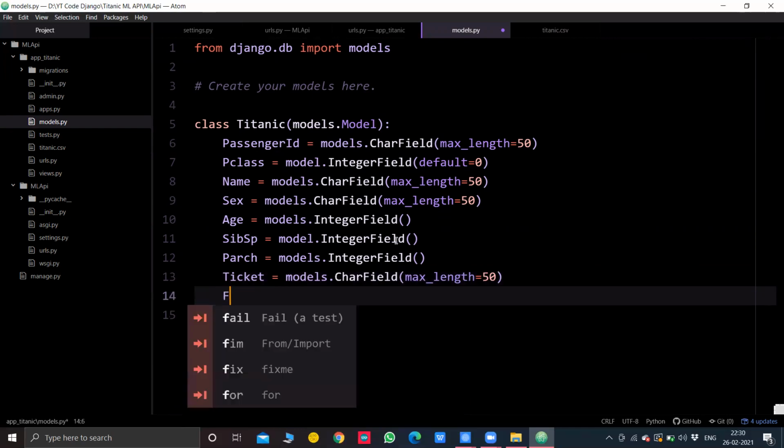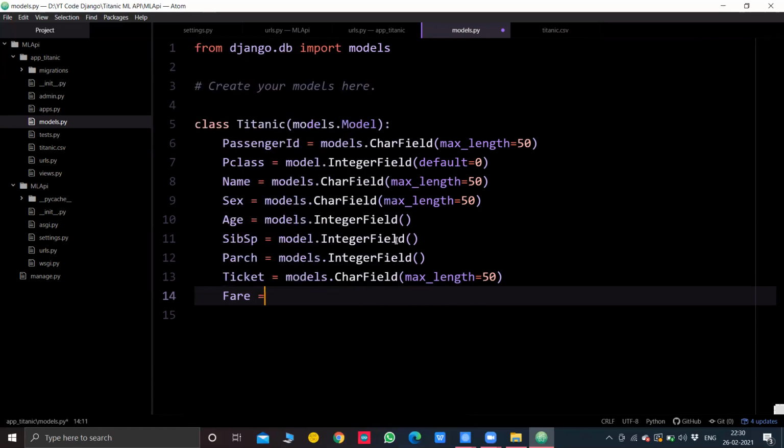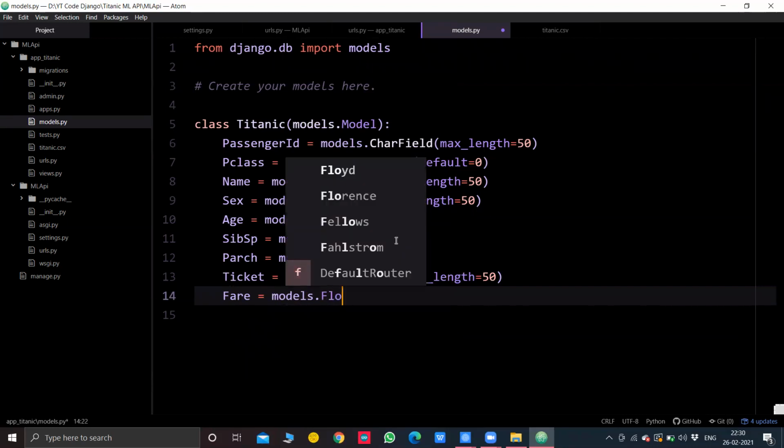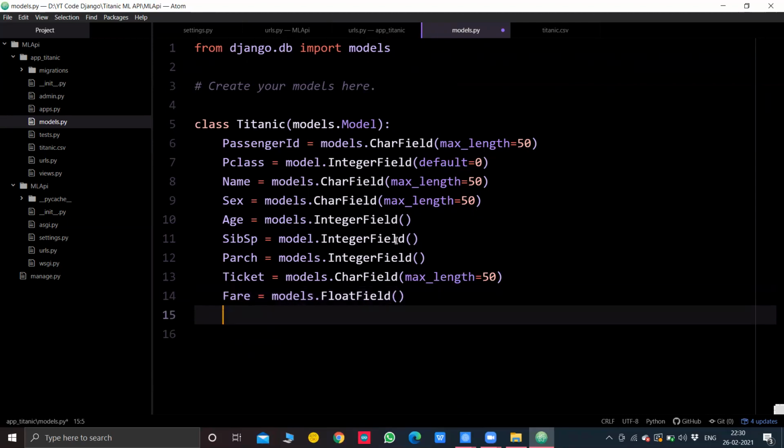And fare will be a float field. I'm just making you explore the different fields that Django has already initialized. The values are given in the data set this way, so you don't need to mention anything when float field is there. Then cabin: the cabin will be a char field.